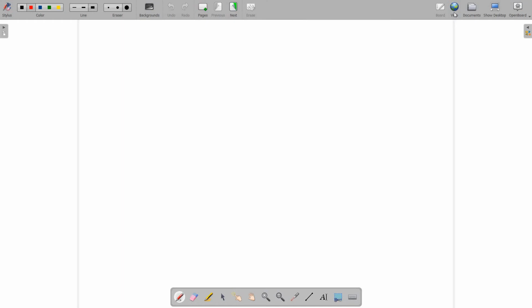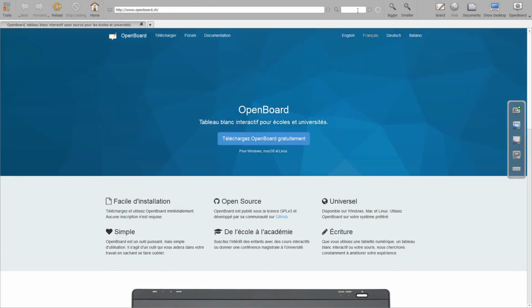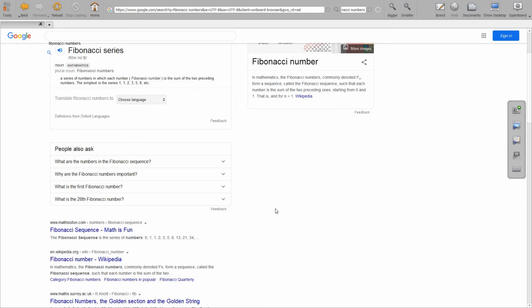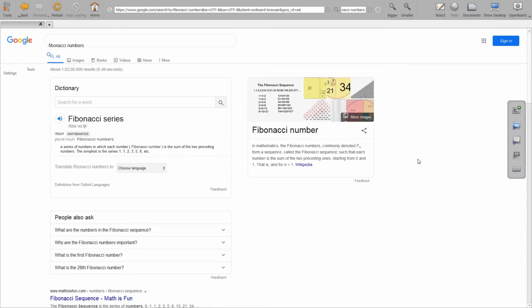Then in the series, we have the web option. While teaching, sometimes we need some details from the internet. Say, for example, we are teaching the maths number systems, and we want Fibonacci numbers. So we can type Fibonacci numbers, and once the Fibonacci numbers are highlighted, we can show children the details of Fibonacci numbers. Maths is fun, and this can be a great interactive class.